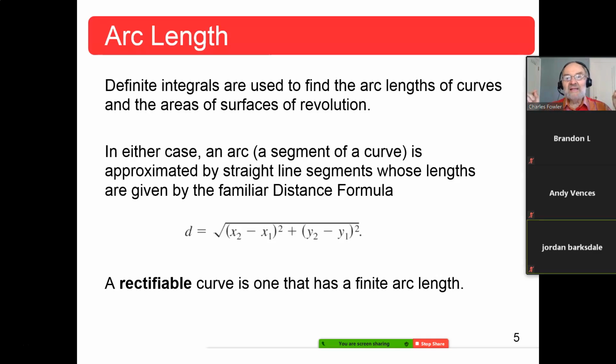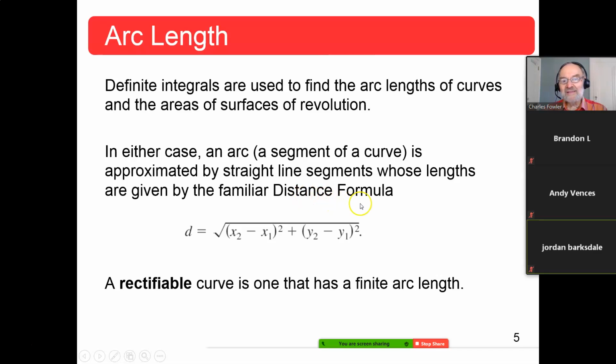Now, definite integrals are used to find arc lengths of curves and the areas of the surface of revolution by doing something fairly similar to what we did, kind of the shell method-ish, but not quite, with arc lengths. In either case, an arc, which is a segment of a curve, okay, now the curve could be a straight line, that's okay too, is approximated by straight line segments whose lengths are given by the familiar, I hope they're familiar,